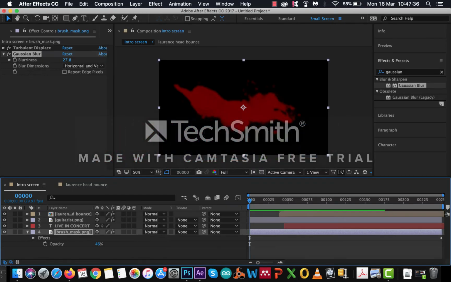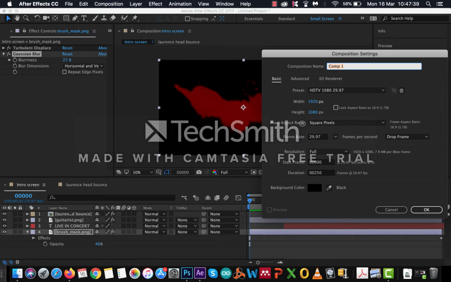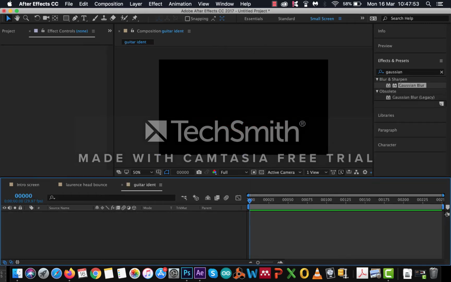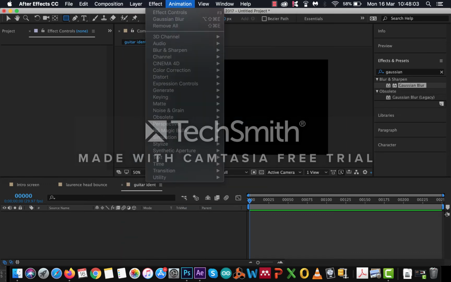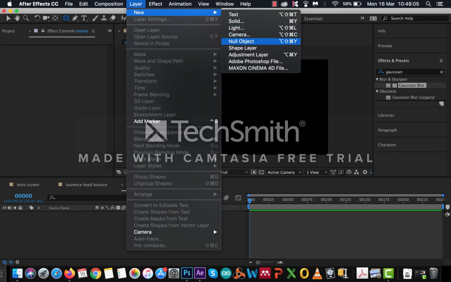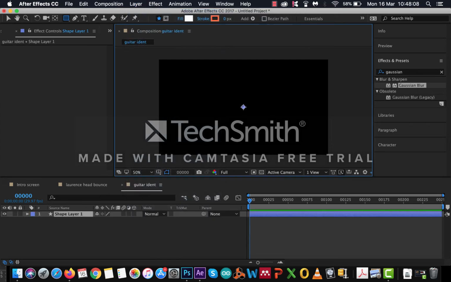So I'm going to go to Composition, New Composition, 1920 by 1080, and I'll call this Guitar Ident. So yeah, ident is the term in the industry, short for identity or branding. Okay, so I'll do the boxes first of all because they're straightforward. So I'm going to make a new shape layer. So Layer, New Shape Layer,